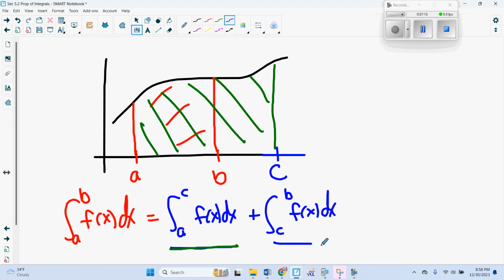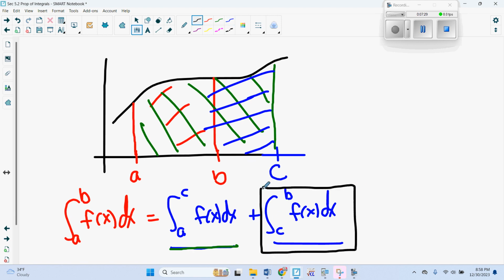This integral from c to b is this area right here. But if you notice, c is the bigger number, which means the way this integral is written, this will actually be minus the area because the limits are switched from the way that they should be. So that means that this blue area will actually be subtracted from the green area, which gives you the red area. So the point is that value c doesn't even have to be between the two values